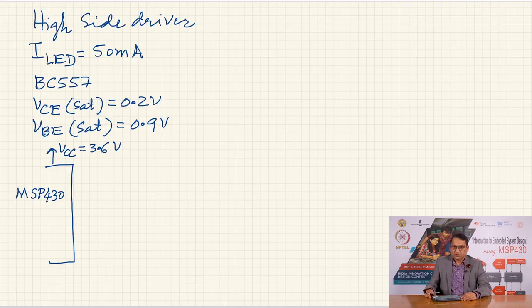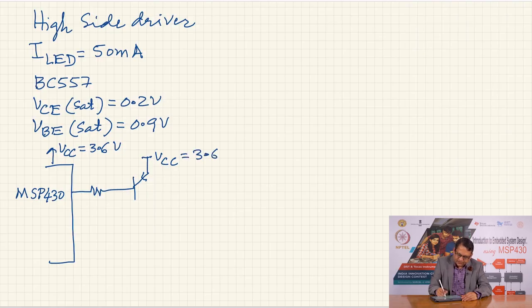Now, it is exercising a high side control over the LED, so we have the configuration where the transistor now becomes PNP. This is your VCC. We are going to show the same VCC of 3.6 volts, and we will see what changes when the supply voltage becomes higher. Now we have the resistor here on the collector and the LED connected to ground,